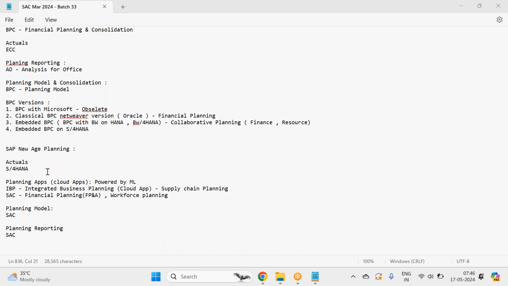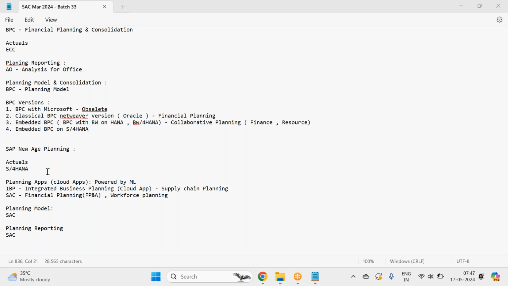See, in traditional tools, guys, the forecasting used to be a manual activity done by the planning team, but now we make use of machine learning algorithms to forecast our future numbers. This machine learning will work on your actual data, historical data, understand the trends and patterns in your data, and based on that, it will forecast the numbers. Then the planning team will come, apply their human intelligence on the system generated forecast or the predictive forecast, and generate the final forecast numbers.